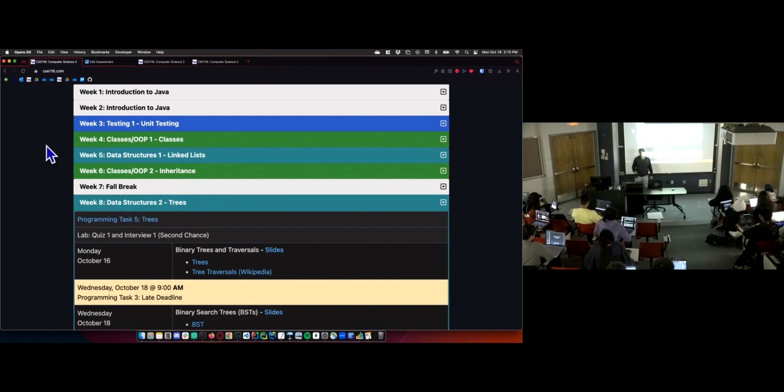moving forward. I just don't like seeing people lose credit because of silly mistakes, like missing an iteration of a loop. I don't think any of you missed an iteration of a loop because you don't understand loops. I think you just made a simple mistake. You thought it was less than instead of less than or equal, something like that. Like, I don't think that's dire enough that you should fail the course.